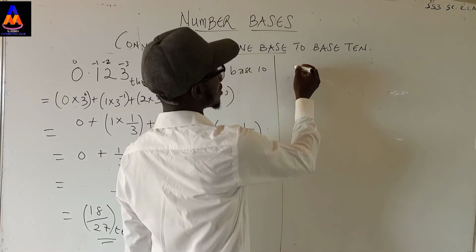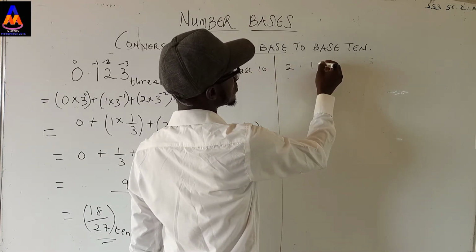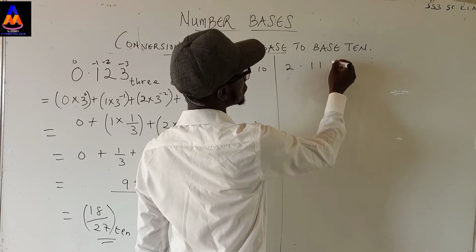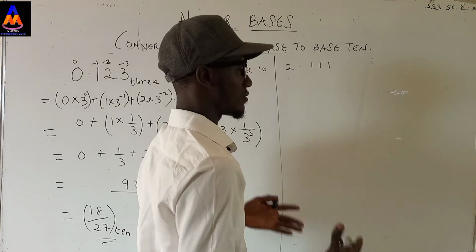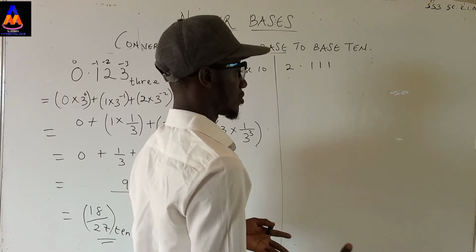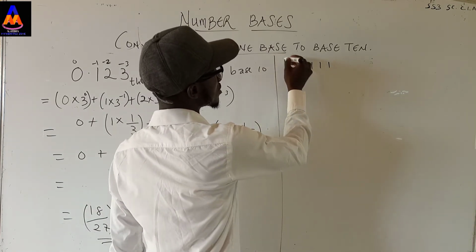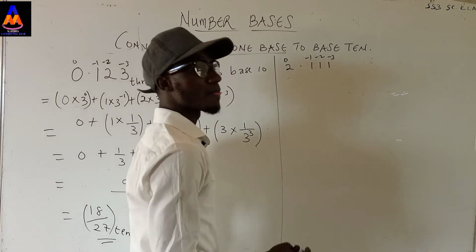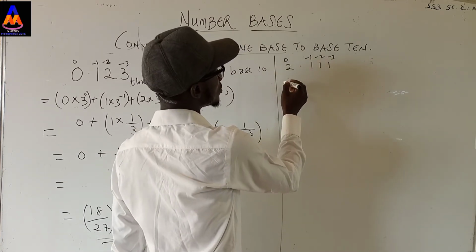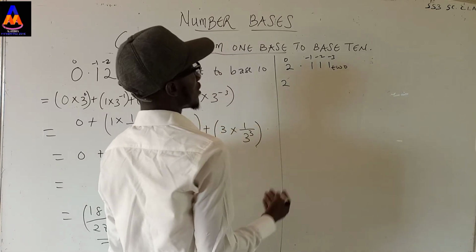You can have something like 2.111. Just a very simple example, just for us to get our feet stationed, so we have a clear-cut understanding of this topic. It's going to be 0, then -1, -2, -3. So we have 2. This one, let's say it is in base 2, for instance, and you are converting to